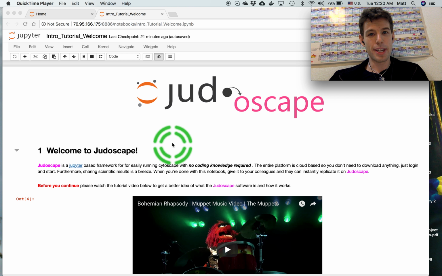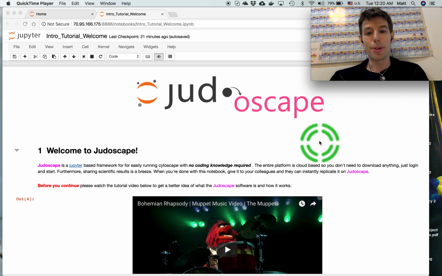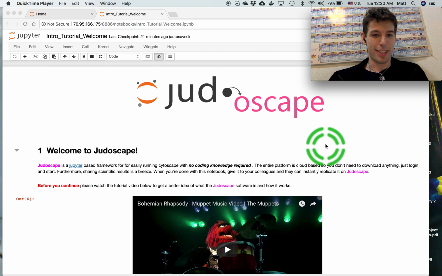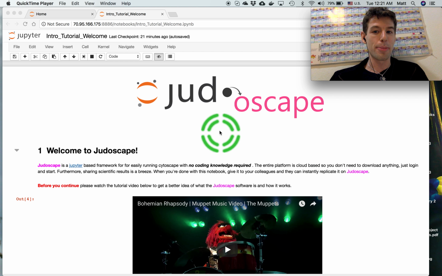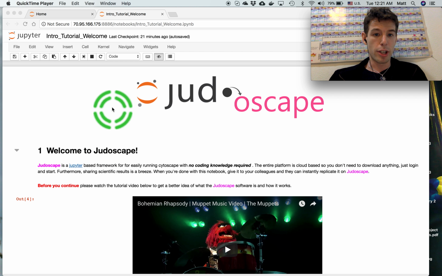Hey guys, so today I was going to show you a new project that I've been working on for the last few days. The name of the project is Judoscape, and as the name might imply, it's basically just Cytoscape inside Jupyter. What I mean by that is the intended goal is not just to be an example of how you use Cytoscape, or how you can make Cytoscape more functional inside a Jupyter environment. The point is to actually be a totally functioning version of Cytoscape that runs on